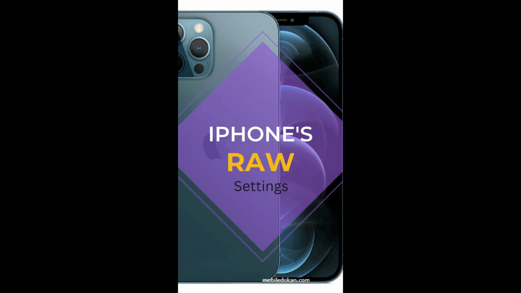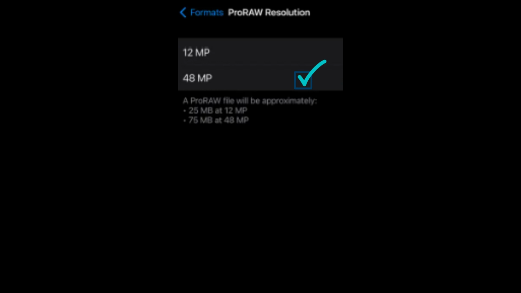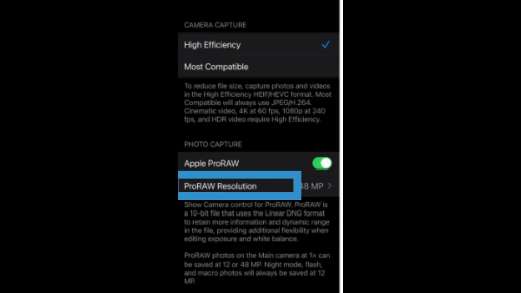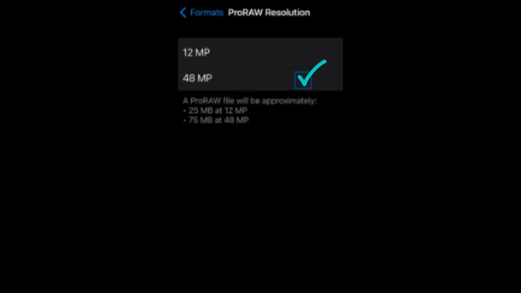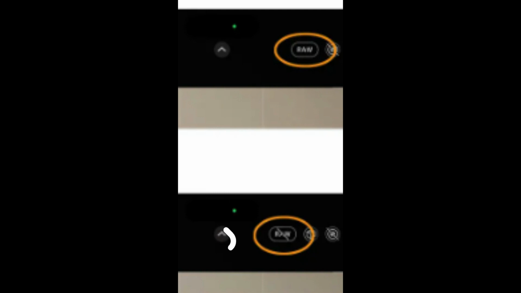How to change iPhone's RAW settings. On an iPhone 12 Pro, or later Pro and Pro Max models, running at least the iOS 14.3 operating system, you can capture and store RAW files by going to the main settings, and choosing Camera and then Formats. Tap the button next to Apple ProRAW, which is Apple's variation on the RAW format. On iPhone 14 Pro models, you can choose the resolution to store your RAW files, 12 megapixels or a whopping 48 megapixels. Then open the iOS Camera app, line up the shot and choose the RAW feature at the top right of the screen. Now all you have to do is tap on the shutter button to save the file